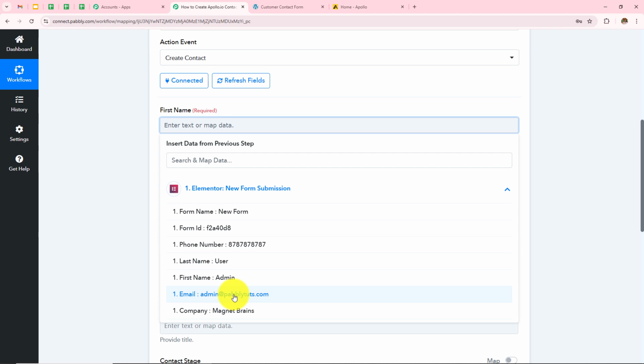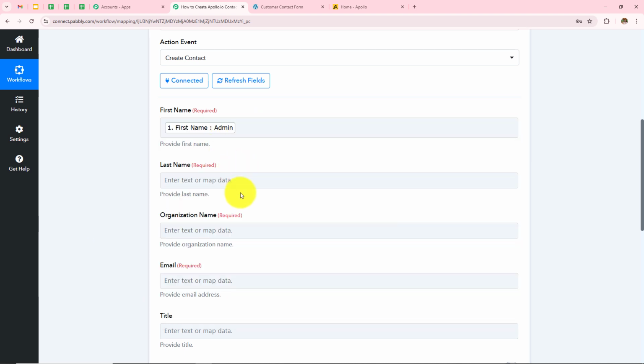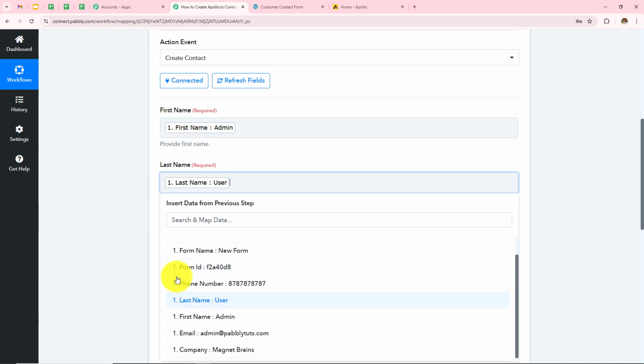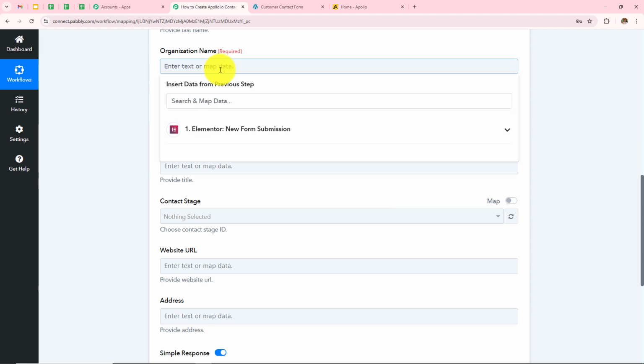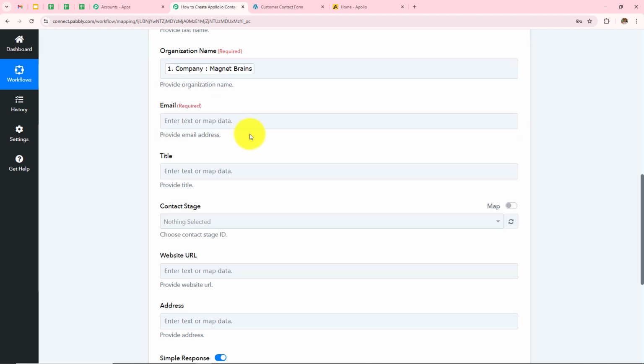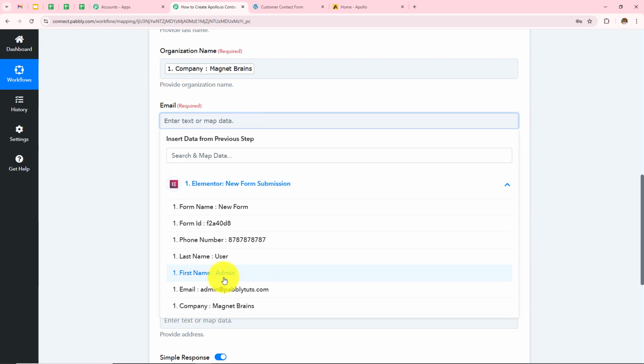So I want to enter the first name, and here the first name was admin, so I will click on that and enter that, and then I have to enter the last name, so I will enter my last name as user, and then I have to enter my organization name, which was Magnet Brains, and then I have to enter the email address as